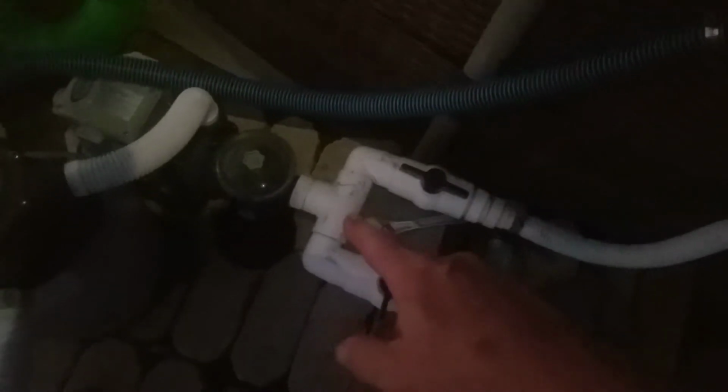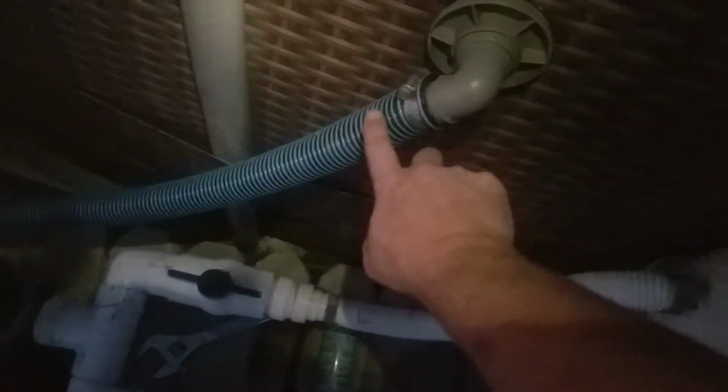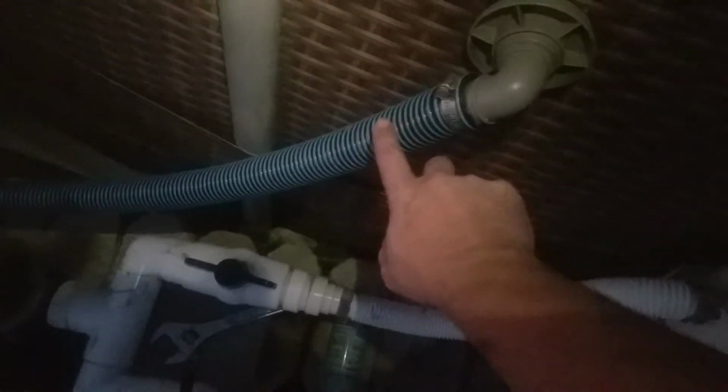Those guys aren't cheap. But the 2-inch T, the 2-inch 90s, I think they're maybe almost $1. And this stuff is amazing. I love it. I think this is like 48, maybe 40-something cents a foot. I'm gonna look again because